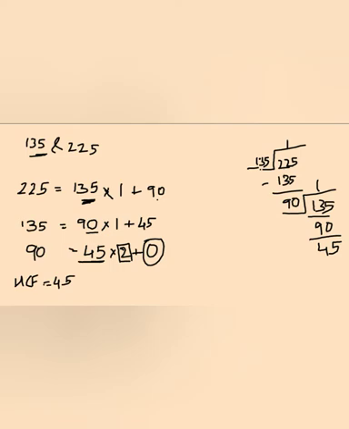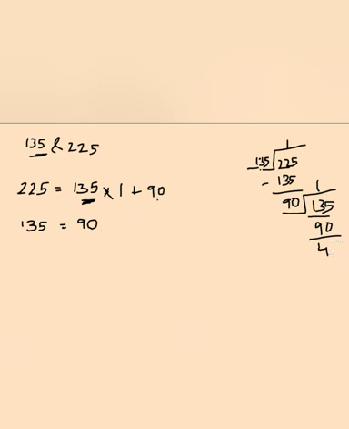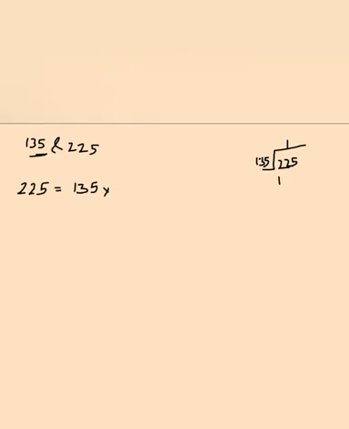Now why is this true? Because the HCF is the highest common factor, and since the remainder is 0, 45 will divide 135 and 225 completely, leaving remainder 0. So our HCF is 45. This was an easy question. We have learnt it from the very beginning. It's not too hard, not too easy, but if you practice it 1 or 2 times, it will become easier and help a lot.